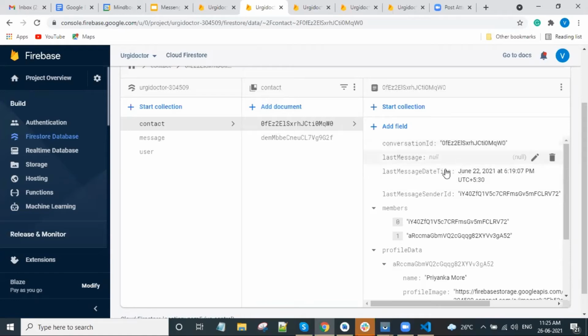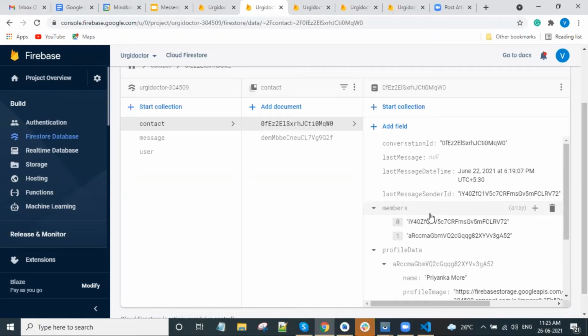The fields we have maintained here are last message date time and last message sender id. Then we have maintained the members array. However many members have participated in this conversation, we have maintained their user ids in the array.